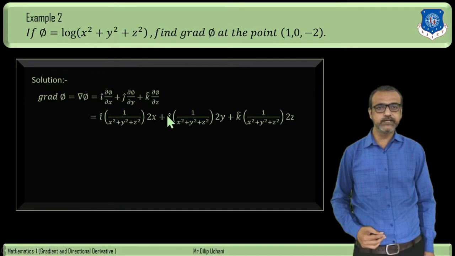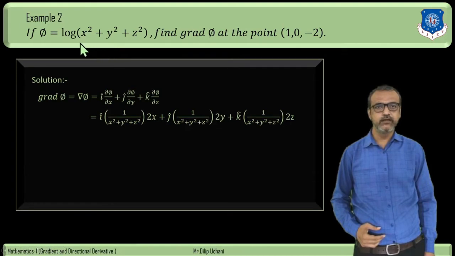Then after plus j cap will be as it is. Now del phi by del y, that is partial derivative of phi with respect to y. So we will keep x and z constant and derivative of log x is 1 upon x. But in place of x we have x square plus y square plus z square. So it is 1 over x square plus y square plus z square. So again we will differentiate x square plus y square plus z square partially with respect to y. So x square and z square will be constant and its derivative will be 0 and derivative of y square is 2y. Then after plus k cap del phi by del z, that is partial derivative of phi with respect